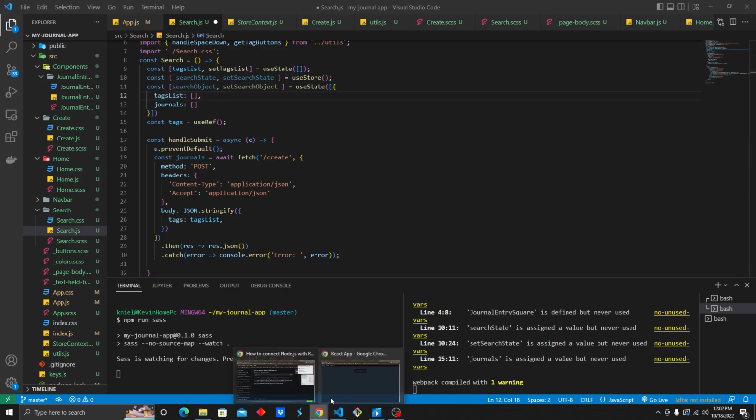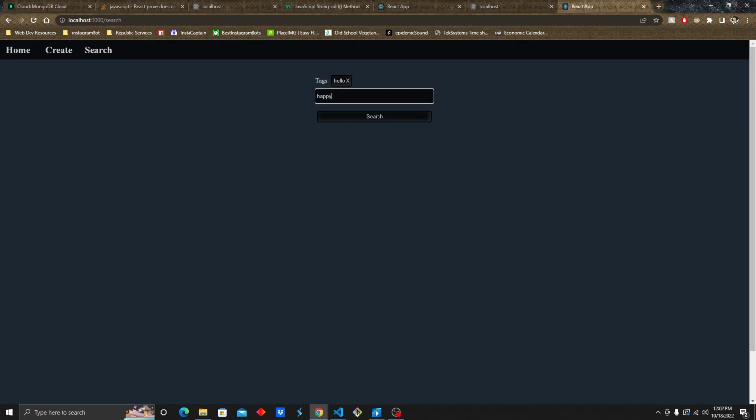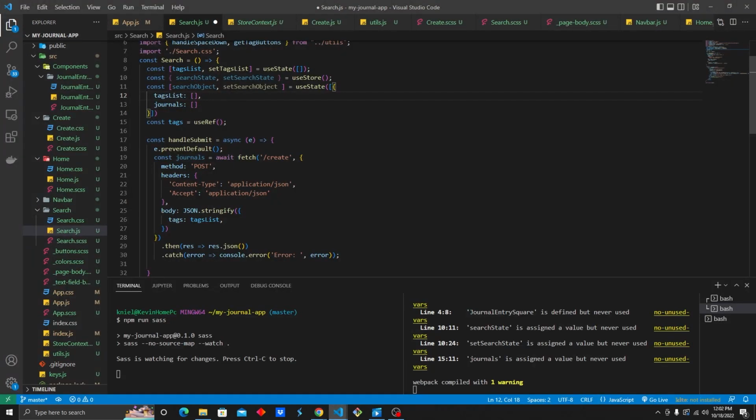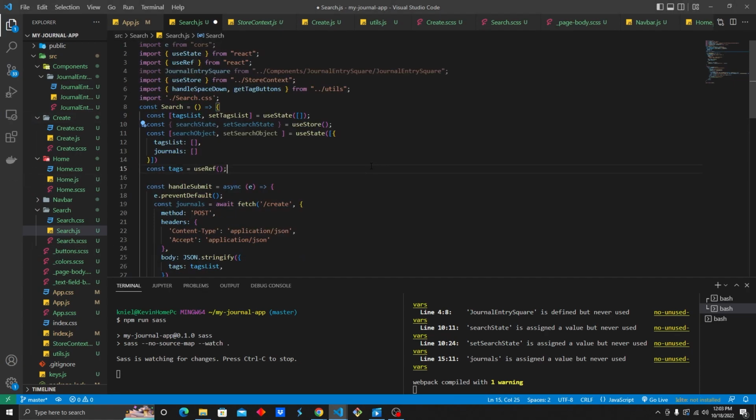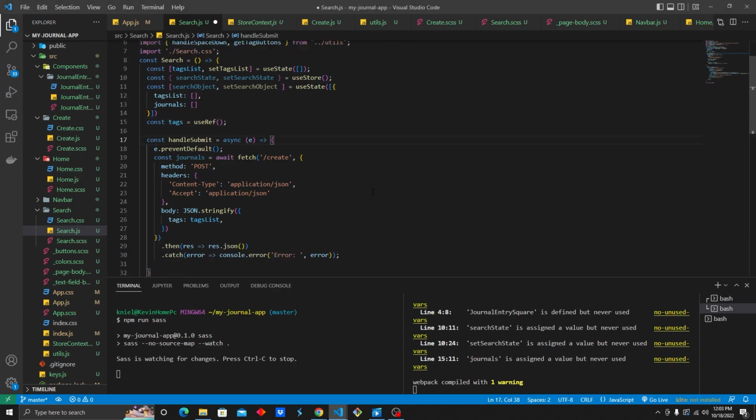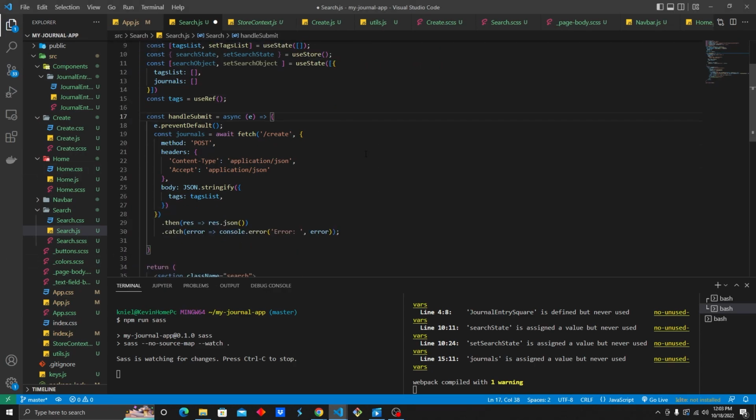So this will be where and how we can keep our state. We're going to have all the tags that we type in, like could be happy, sad, whatever. All the tags will be stored in the tags list. And then when we click search, all the journal entries will be stored in the journals list. And all these will be a part of the search object. So with that now, we need to update our handle submit function. It's going to do pretty much the same, but we're going to have the then, the catch. After this, we're going to have